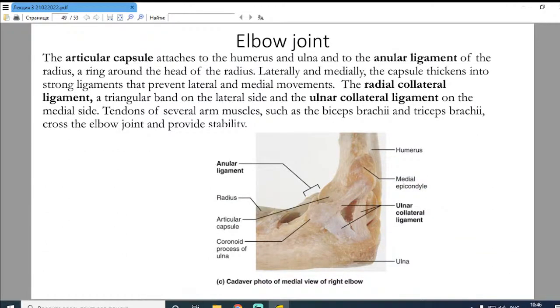What you see: elbow joint, cadaver photo. The articular capsule attaches to the humerus and ulna and to the annular ligament. What you see: the annular ligament of the radius, a ring around the head